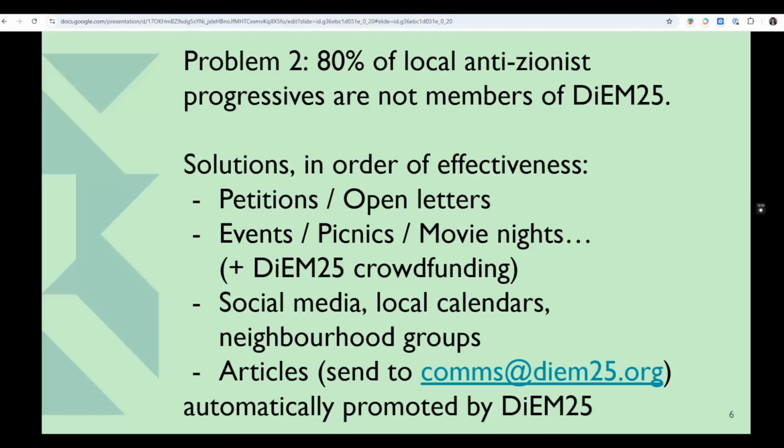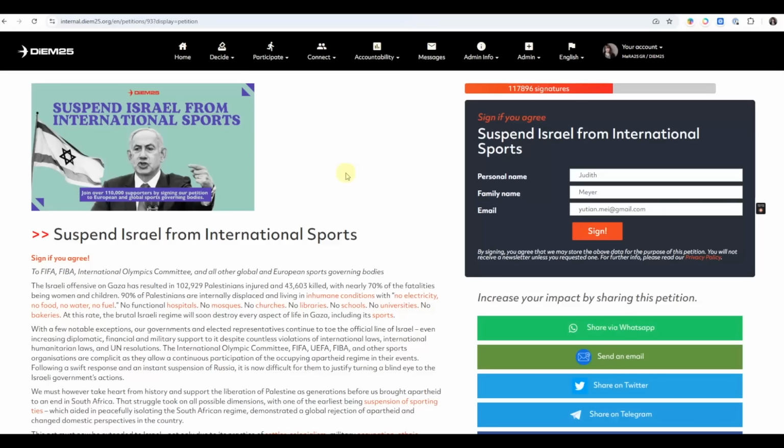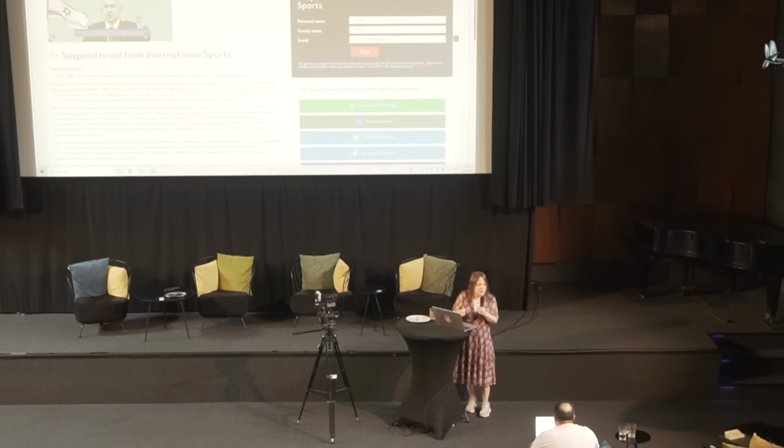You can write a petition like this one. It's generally a very, very good way of getting at least newsletter subscribers, sometimes also full members, to sign up because of our petition. Because when you sign this and you're not a member, you see a little checkbox saying, I want to receive information, I want to get updates, and that subscribes people to the newsletter. So if you have an international petition like this one, which had more than 100,000 signatures, that directly translates into several thousand members for DiEM25.